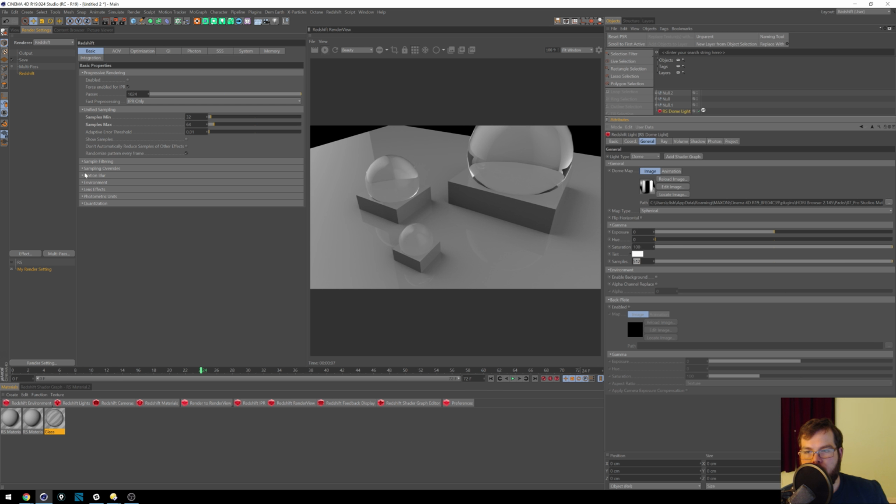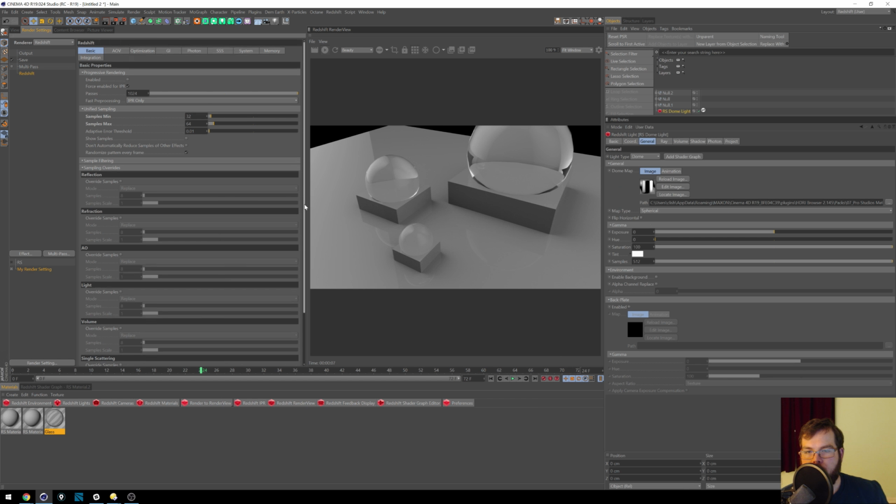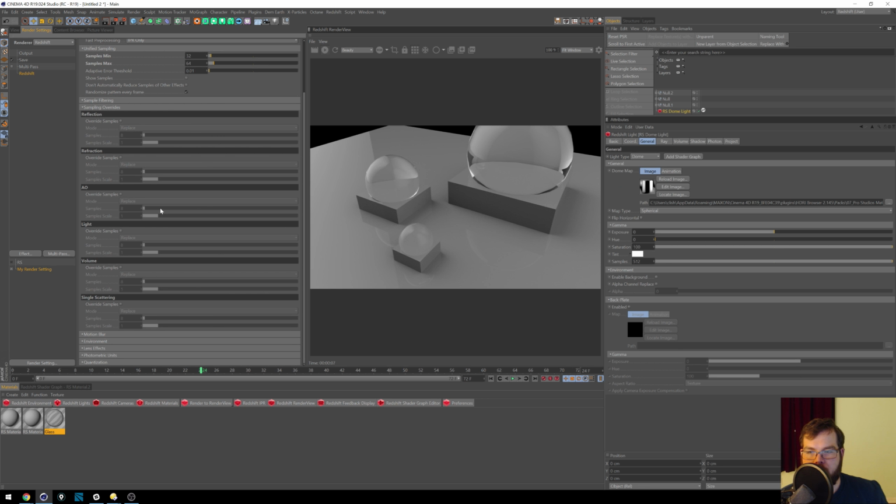And so if you start to notice, okay, it's mostly my shadows, you can come into sampling overrides, and that's probably going to be covered with ambient occlusion just fine. So before I turn on override samples,